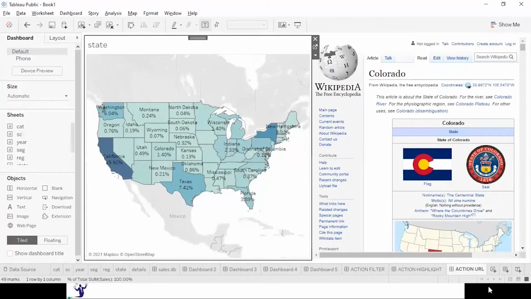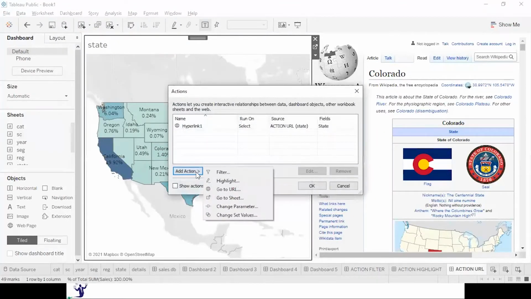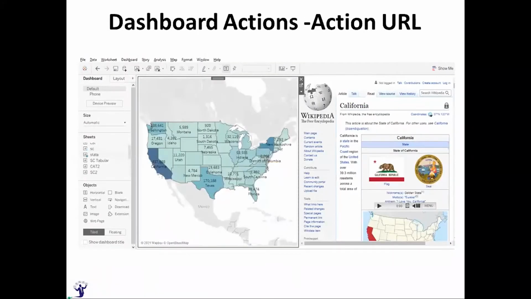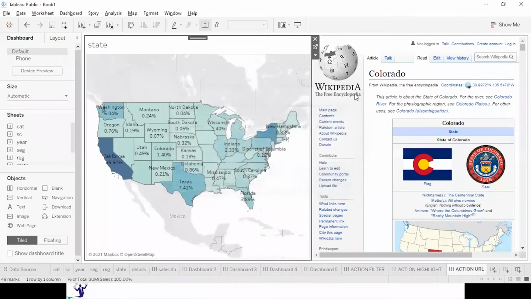Okay, the next action which we have over here, let's check which is the next. Next is the parameter action. Okay, so for parameter, let us take one more example.